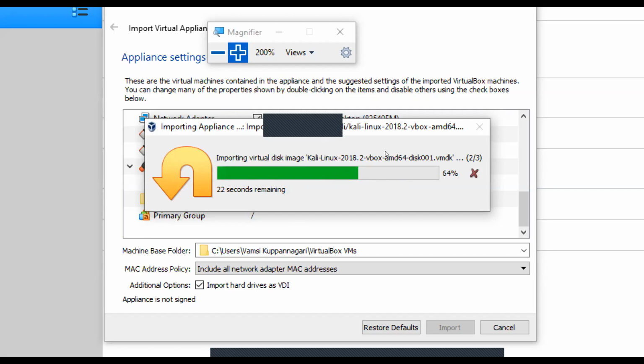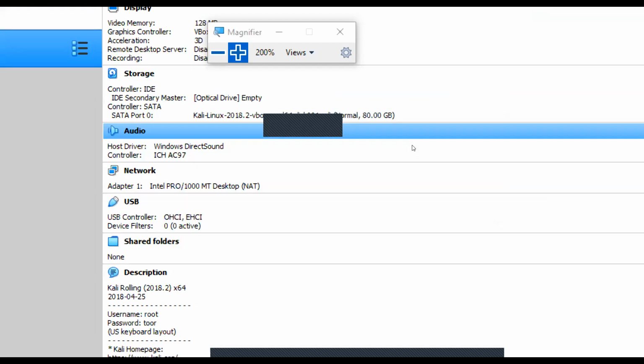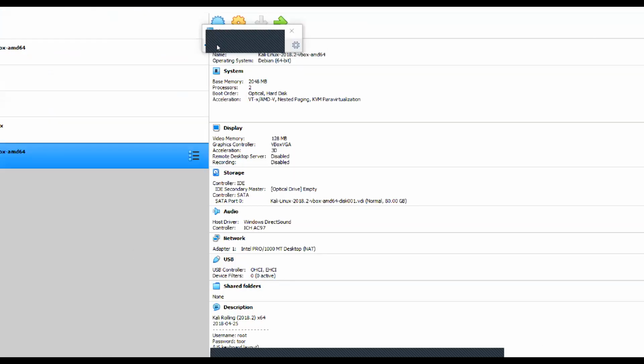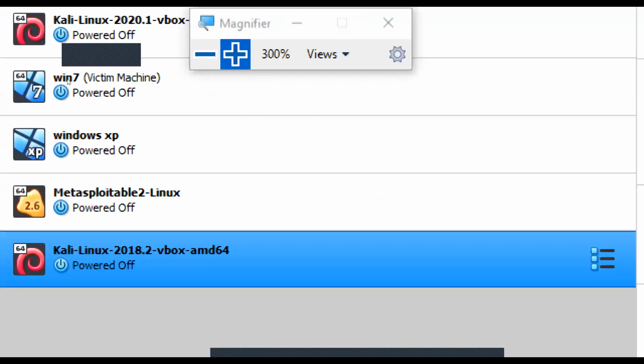It's almost installed. Now the installation is completed, and you are able to see Kali Linux 2018.2 shown over here.